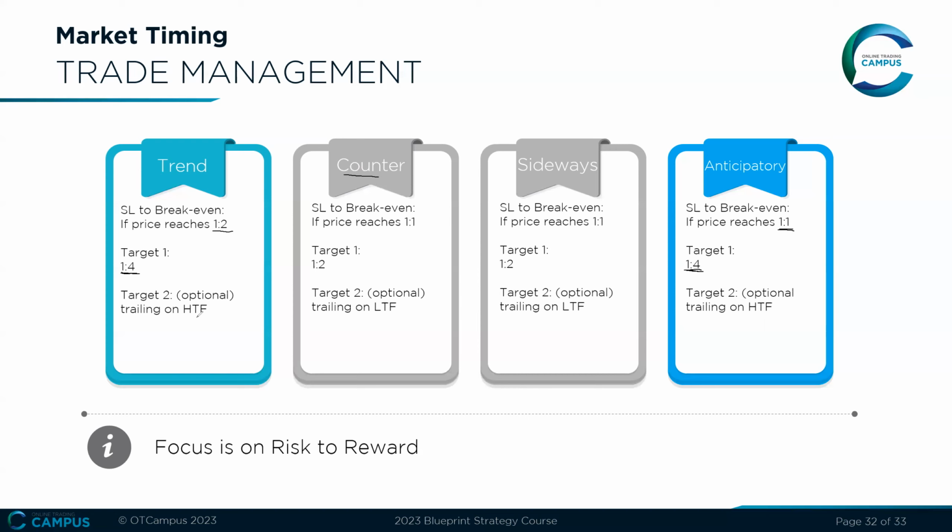Now, there's always an option to have a second target on the table. I don't recommend that. Or to not have a target, to just trail on the higher time frame or trail on the lower time frame, depending on whether you do an anticipatory, sideways, counter, or trend. So only if you do trend anticipatory, you're going to look to trail on the higher time frame. If you do a sideways trend, you're going to trail on the lower time frame. So what that would look like,